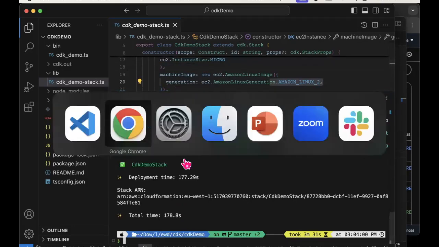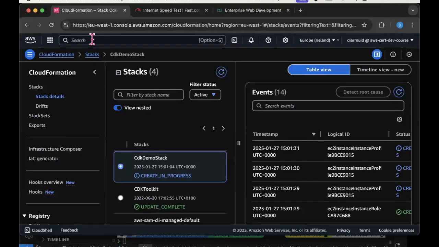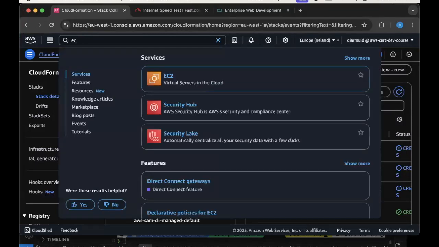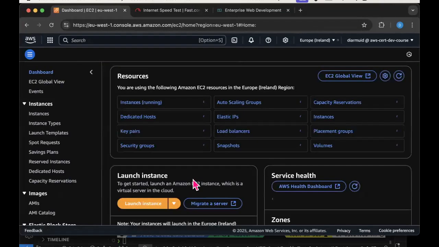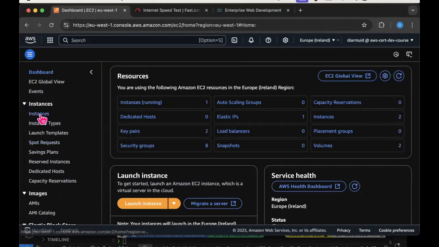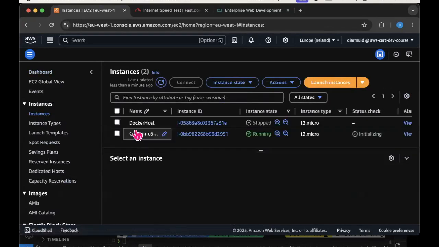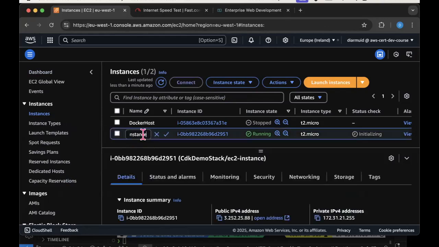If I switch over to the management console, go into the EC2 console and list my instances, and there we go. I have my instance here. The instance CDK demo. It's actually quite a longer name. If I just select it,